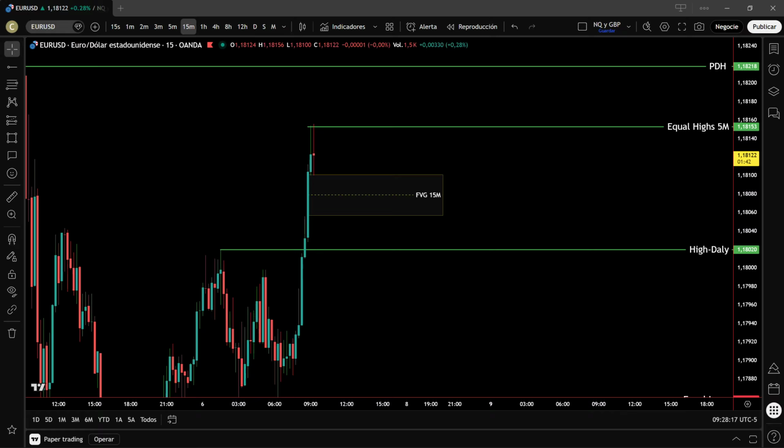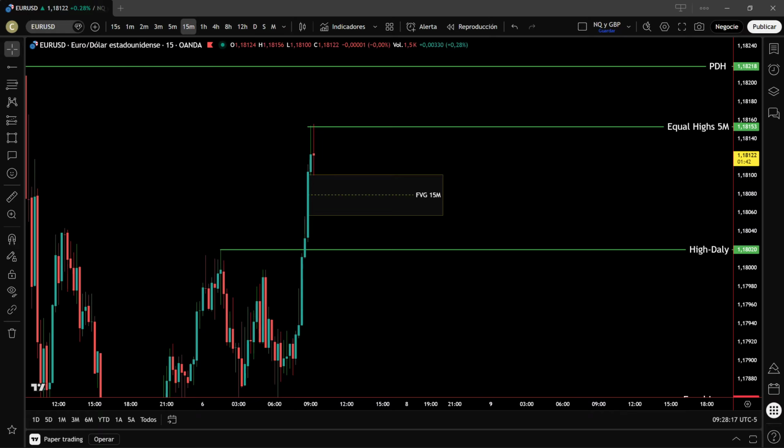In the current context, after breaking above the high daily, the EURUSD pair has left this gap just below the equal highs at 1.18153. What the algorithm is telling us is that, although the final target remains the PDH at 1.18218, there is a high probability that price will undergo a technical retracement into this FVG to mitigate the inefficiency and collect more liquidity before the next expansionary leg. It is fundamental not to chase the price at the peak of the move and instead wait for these discount